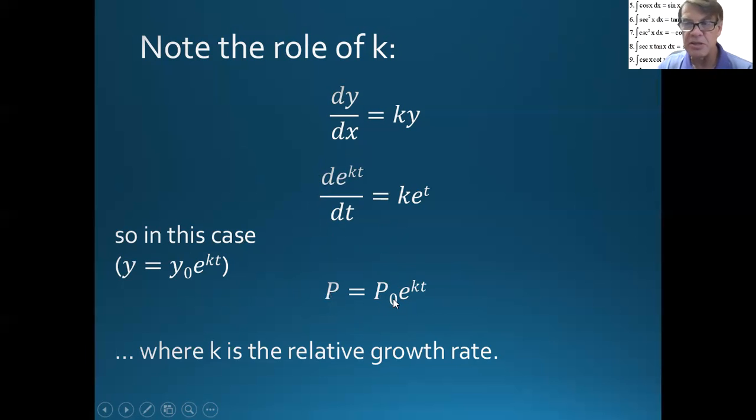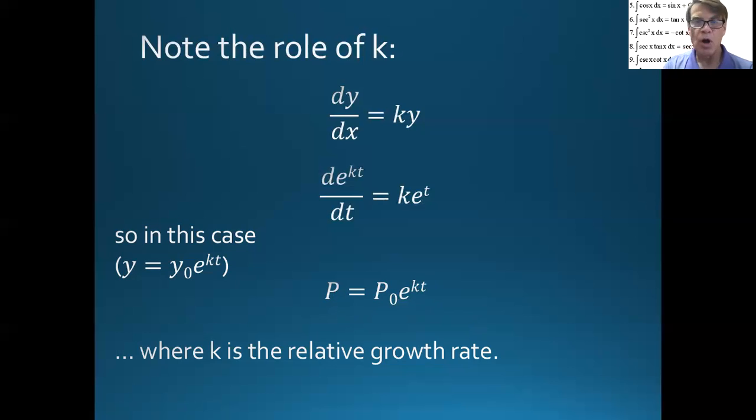Population equals, and this is just a projection. It works in the 20th century. It's a little bit off for 2020, the example they give in the book. Well, it's 2021 when I'm making this video. We know the answer. The population is actually less than the example would have predicted. But anyway, population is going to generally equal the initial population times e to the kt, where k is the general growth rate. And I believe that what they found using 1950 and 1960 as a benchmark is that k is about